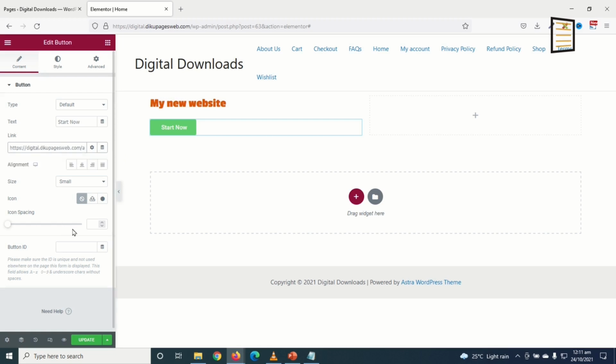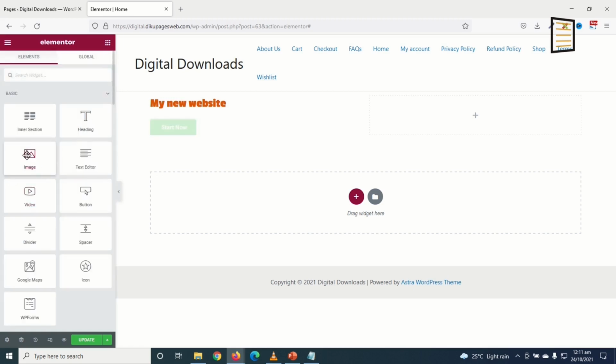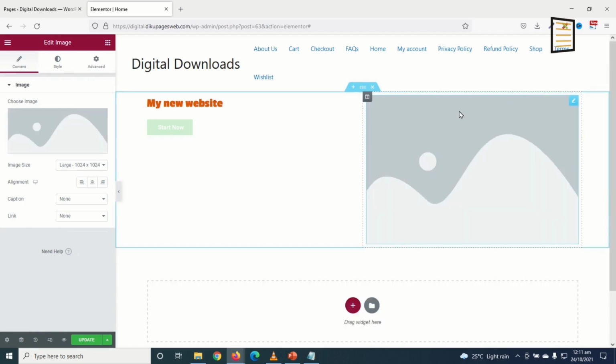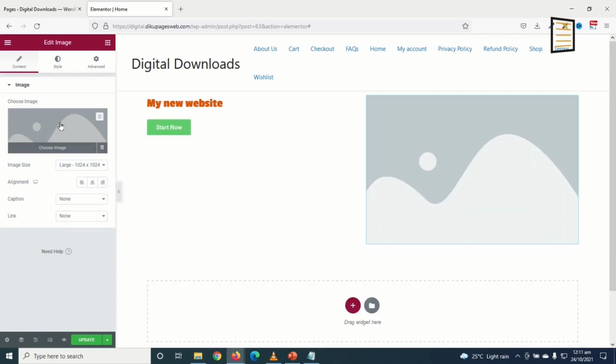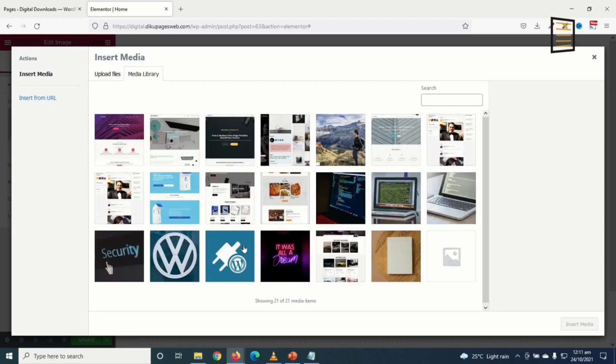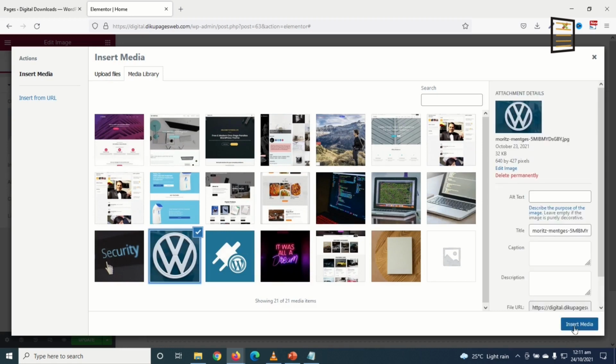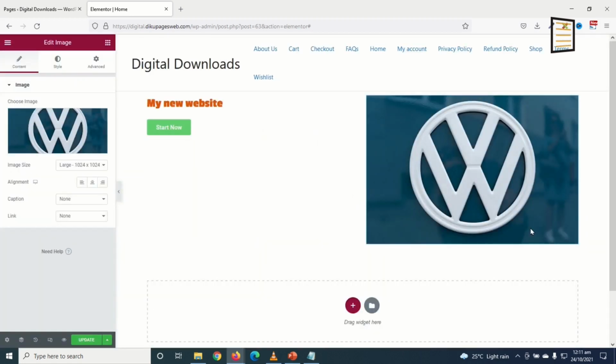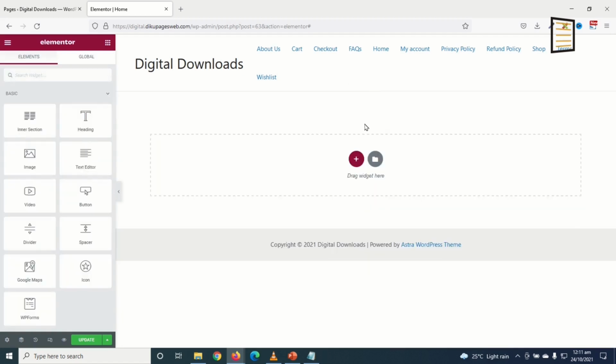Awesome. If I also want to insert an image, I go back to elements and I drag in the image element and drop it wherever I want. Click on it from here to choose whatever image you want to insert. Perfect. So basically this is a quick demo on how to use Elementor. So I'll click on this delete section right here to close it up so that I start building my page from scratch.